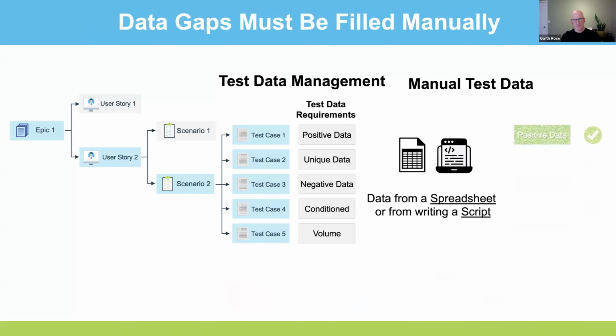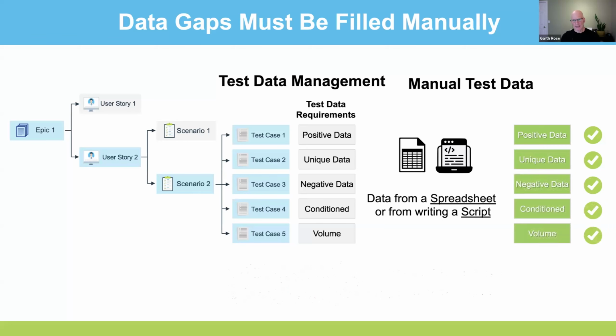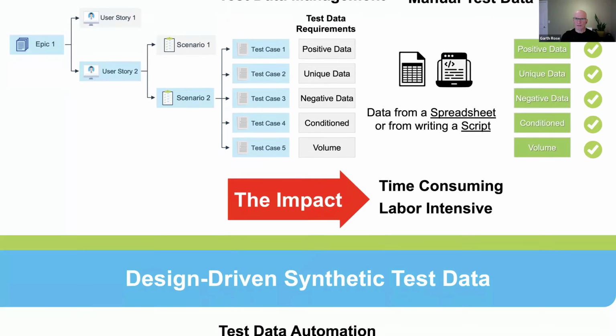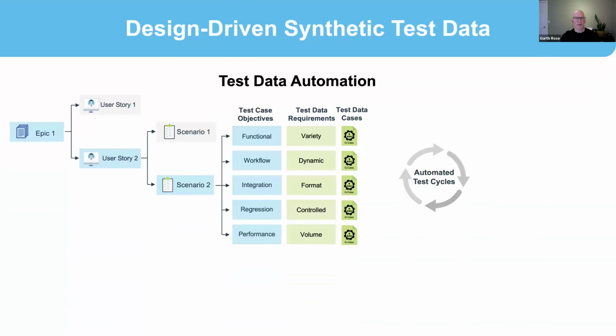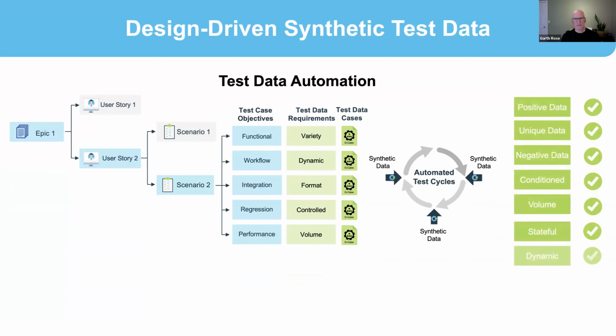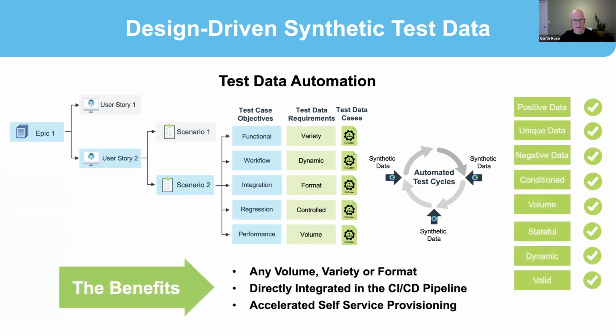So the market generally fills that with front-end data entry, spreadsheet scripting, some now with ChatGPT. But how do you build referential integrity at scale for an enterprise in a complex environment with these kinds of approaches? It really doesn't scale, it doesn't work. GenRocket offers design-driven synthetic data. So it doesn't matter what that particular test case objective is, we can provide test data cases that match up for that particular requirement in any volume, any variety and format mapped into the test case as part of the